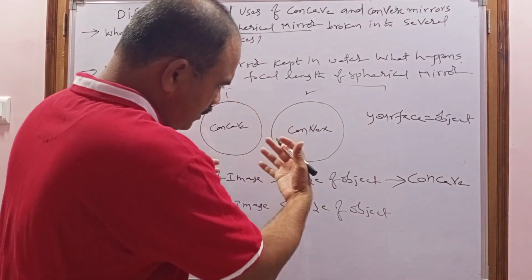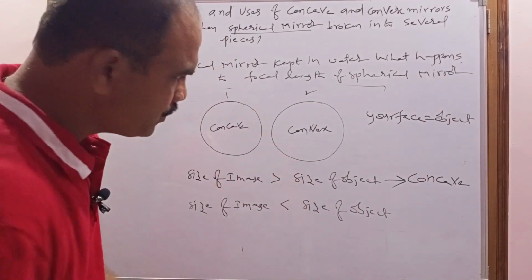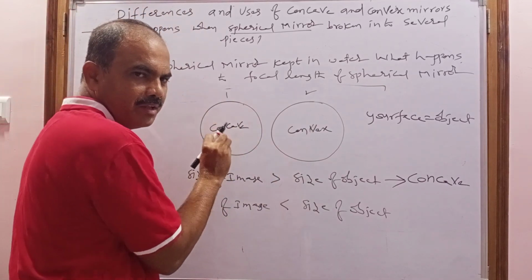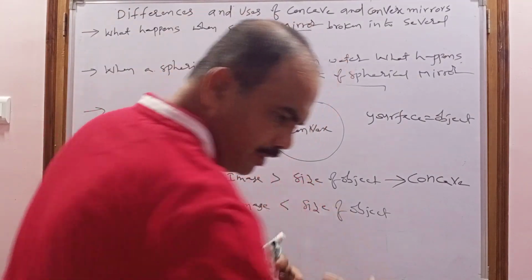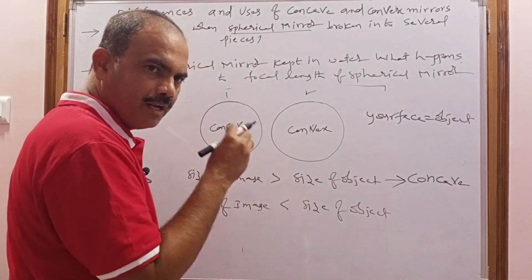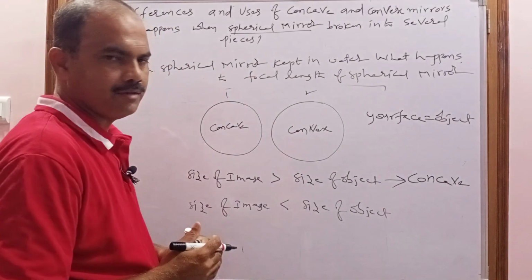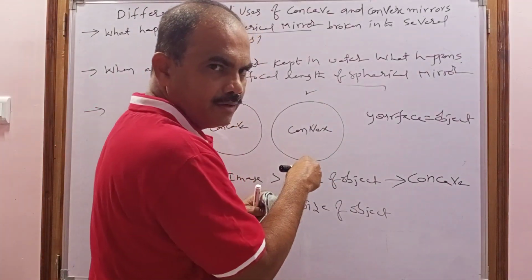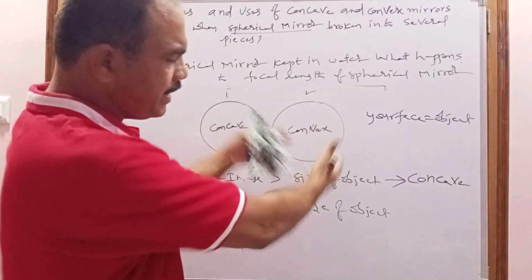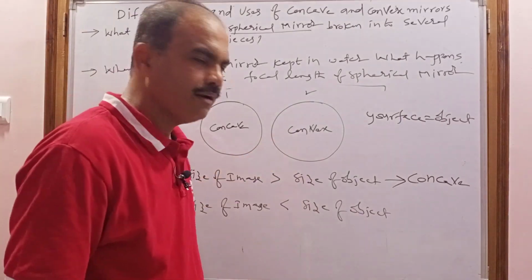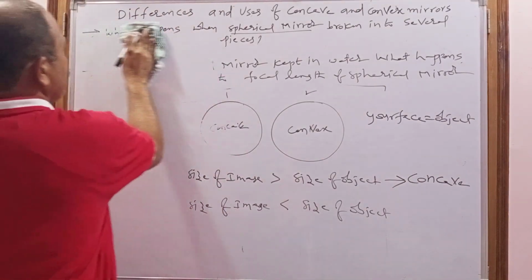And after that, move away from the mirror. When you are moving away from the mirror, in the concave mirror your image will not be formed and will not appear. The mirror in which the image does not appear is concave. And the mirror in which your image size is less compared to your face, and the image still appears, will be convex. So this is about the third one. And next we come to the fourth question.